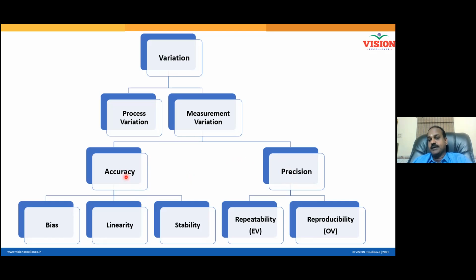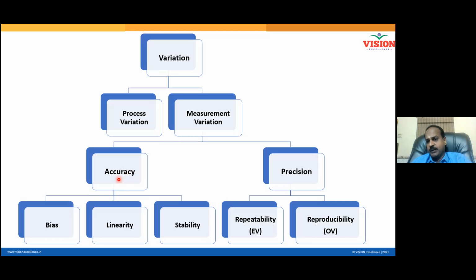Let me help you with an example. 100 mm is the true value, but the reading observed is 100.1. Now 100.1 is closer to 100. It seems to be accurate. It all depends on the situation to say whether 0.1 is accurate or not. But definitely when 100 mm is measured as 103, that's not accurate because 3 mm is far away from 100, right? So the more closer you are to the true value, the more accurate you are.